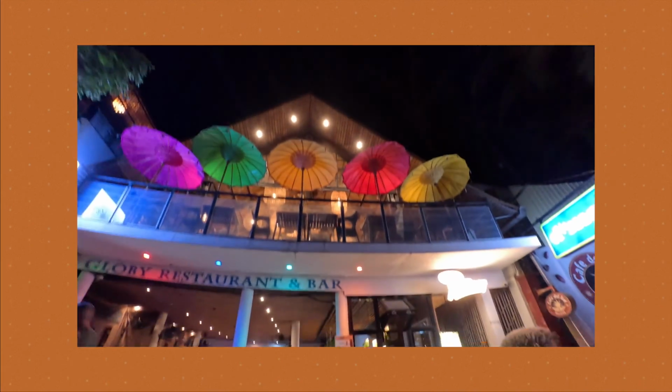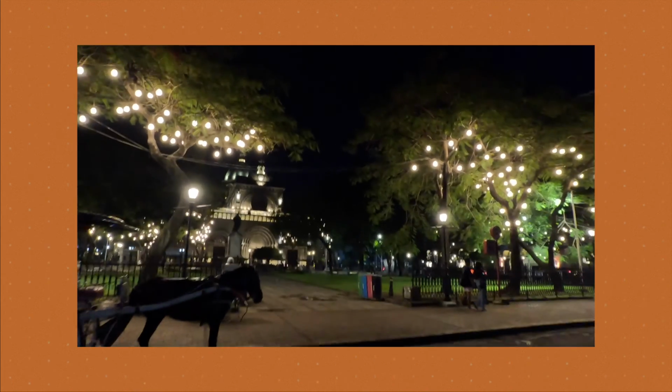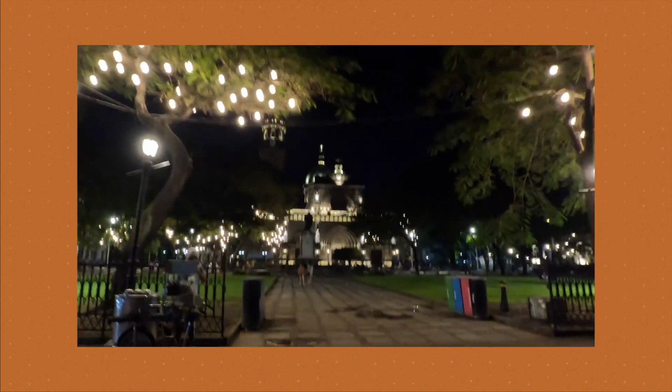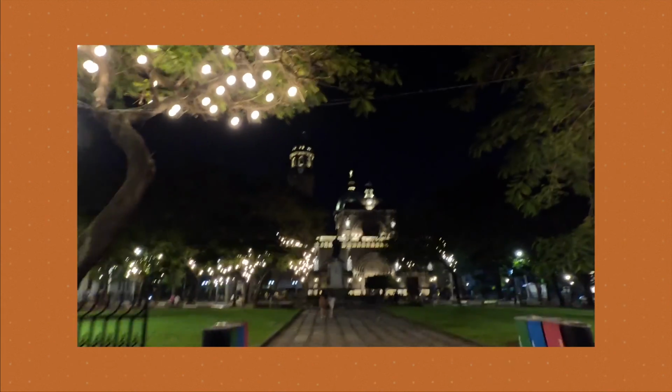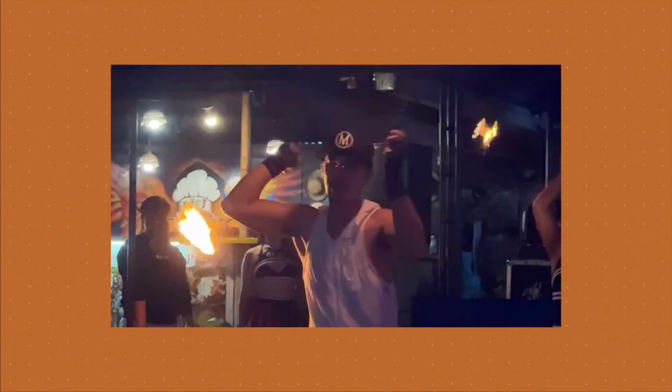Low light performance, on the other hand, well, we are a bit disappointed on this segment since there is not much of an improvement here as compared to last year's. The video output can still look noisy at times, and there are little to no details in some low light conditions. The GoPro HERO 12 Black Edition can also shoot slow-mo video at 2.7K resolution at 240 frames per second,